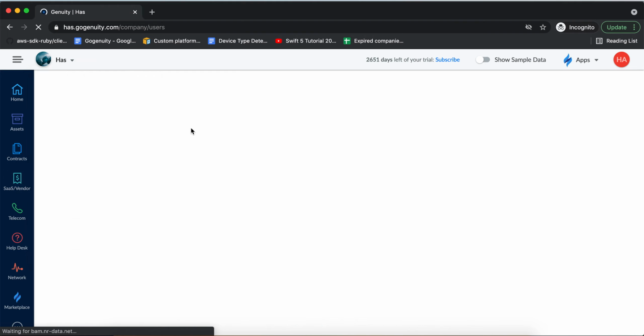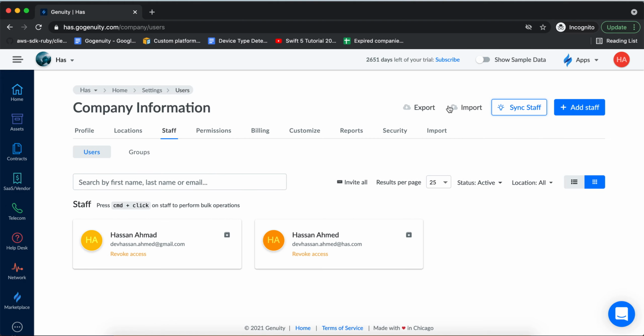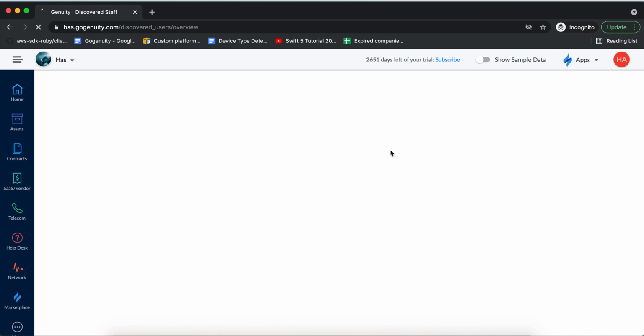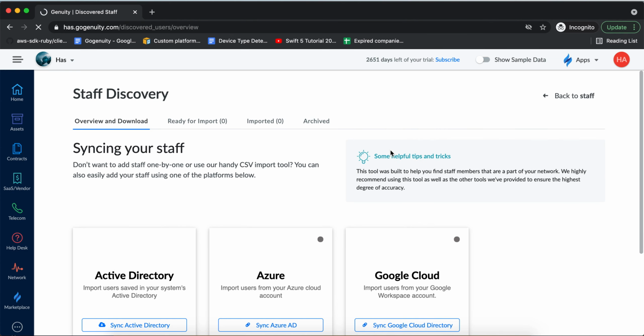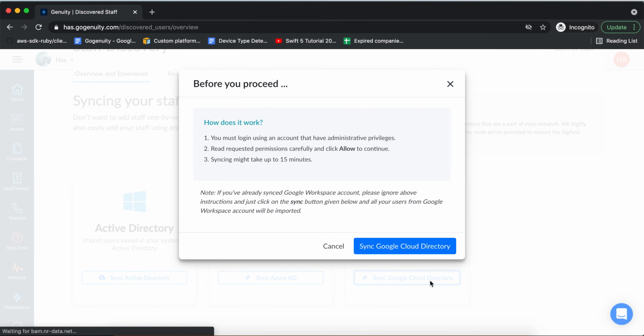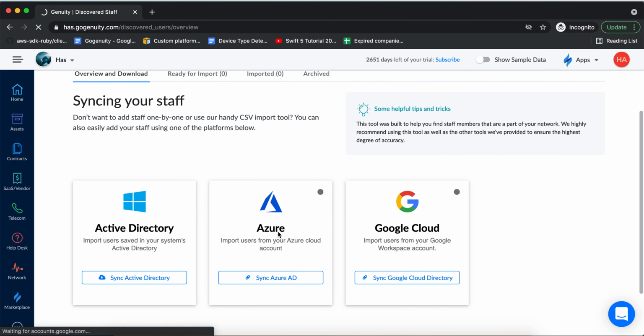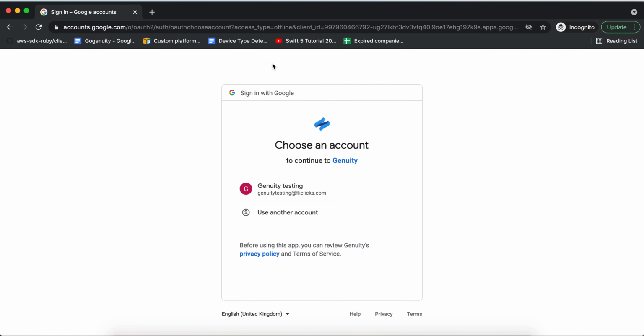Here, we basically fetch all the staff members from their account, so that they do not have to manually upload one by one, and they can simply integrate the Google Workspace account, and all of their users will be synced with the Genuity platform here.